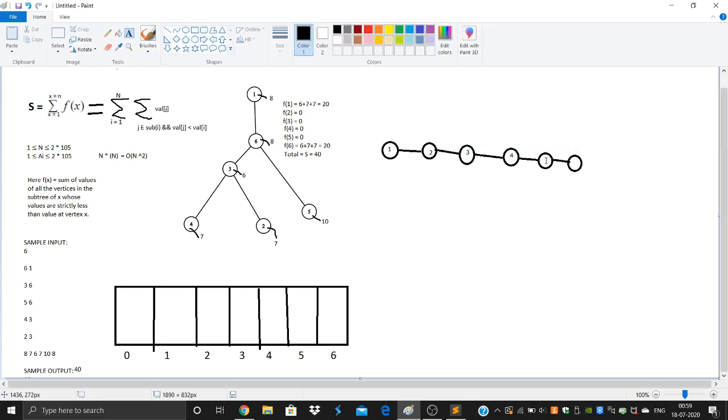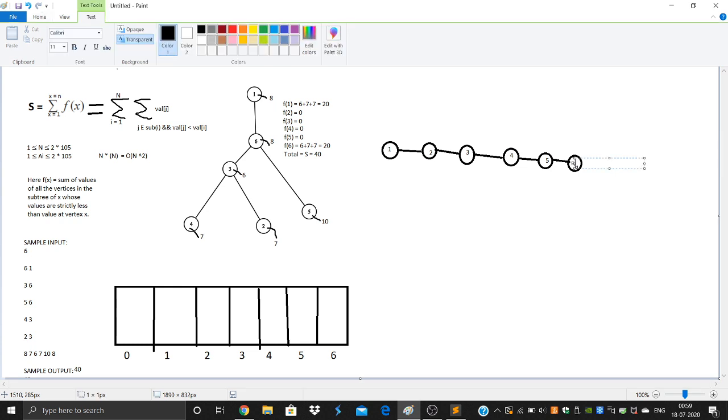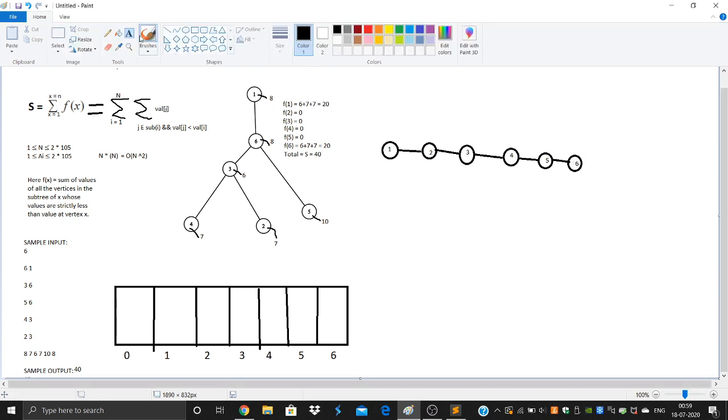Okay, and let's assign some values to each of these 6 nodes. So let's say the value at 1 is 2, the value at 2 is 8, the value at 3 is 9, the value at 4 is 6, the value at 5 is 2, and the value at 6 is 3.